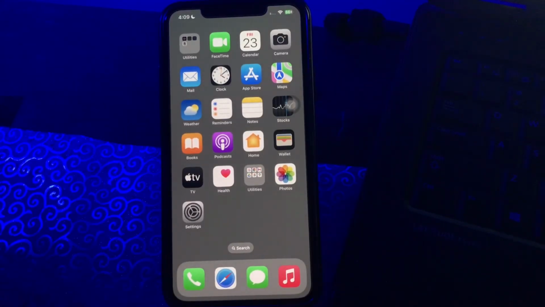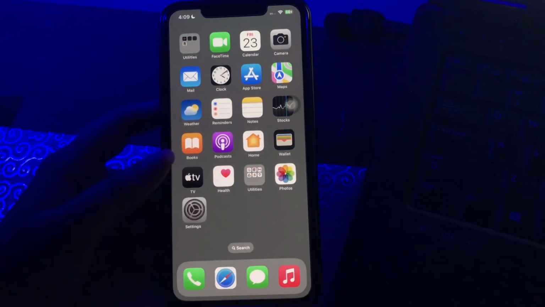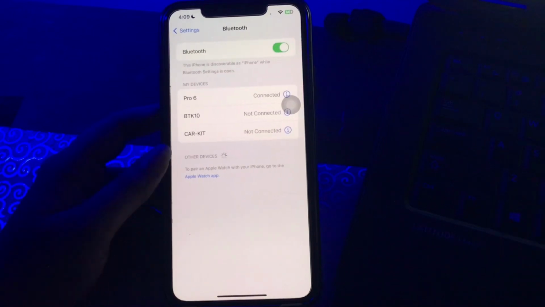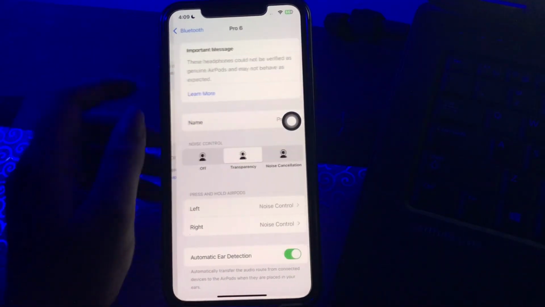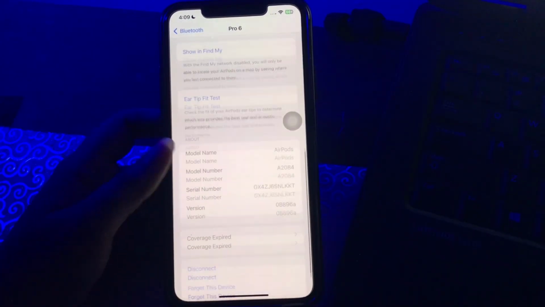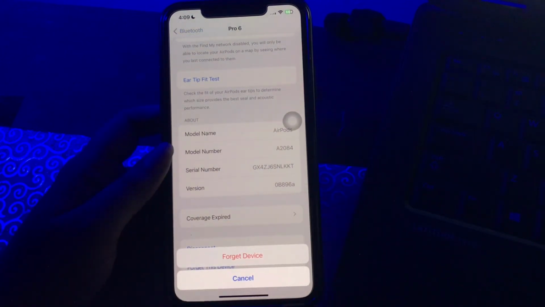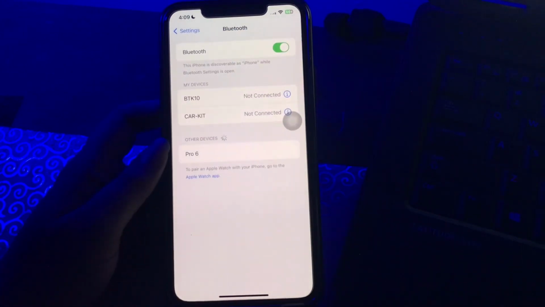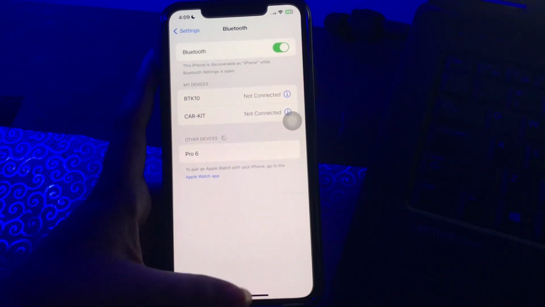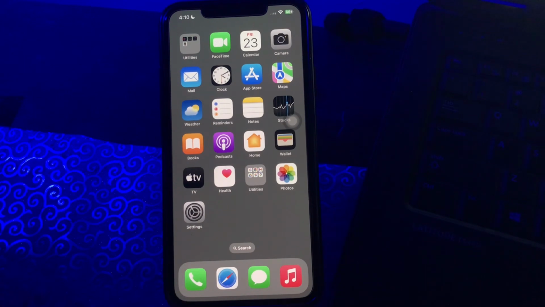And the next step is disconnect any Bluetooth device from your iPhone. For this, open the settings app first and then click on Bluetooth. Next, select the Bluetooth device you had connected earlier to your iPhone by clicking on its eye symbol on the right side. Now scroll down to the bottom. Make sure to click forget device and then tap on forget device again to confirm. This will erase the Bluetooth device details, which will not allow it to connect automatically to your iPhone, and you are done.